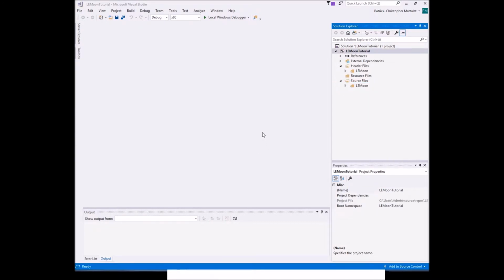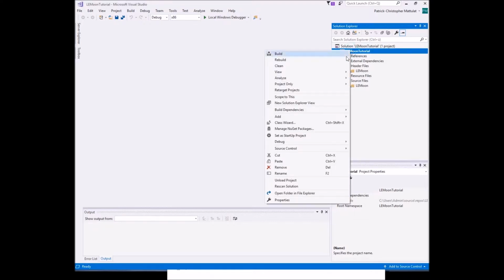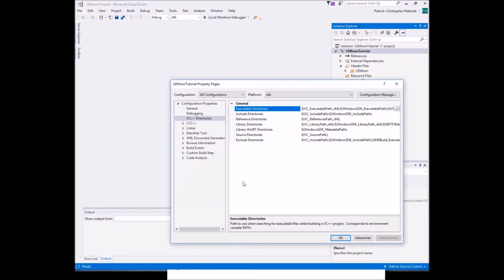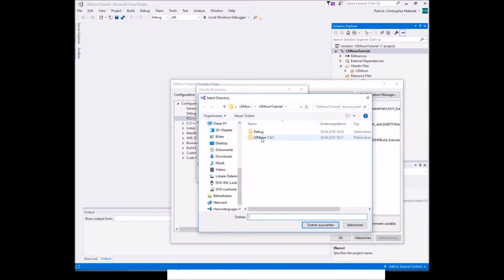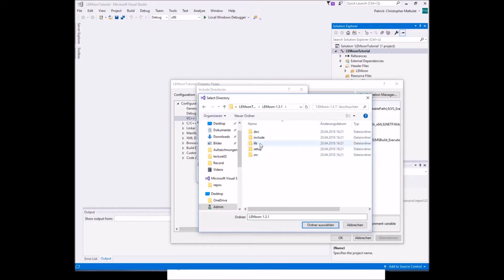Next thing we need to do is to add SDL. This is the graphics card API. We're doing this by right clicking the project name, select properties. First make sure that all configurations are selected and x64 as well. Select directories, include directories, edit, new, navigate to this folder again, select lib for library,